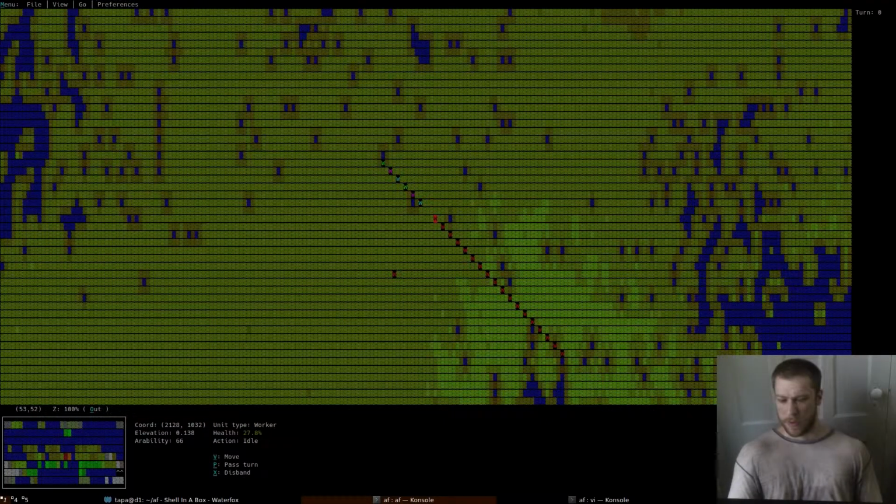The same can be said here, so we could just pass the turn for this one, and that just means we are not doing anything for this turn. The other option that I have right now is you can disband the unit, which basically means to delete it. So I'll delete a few. So what happens as I go through the units and either move them or pass the move, or basically make the game aware that we don't want to do anything for them, is after that's all done,